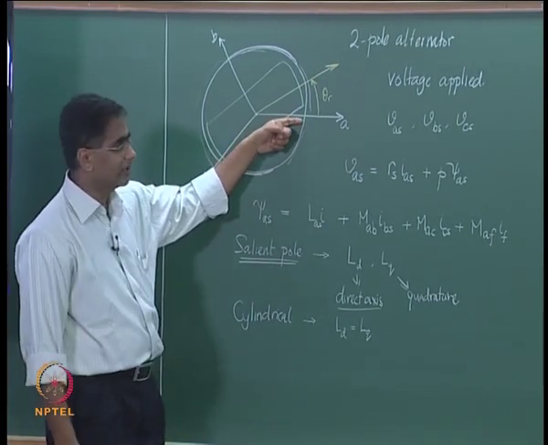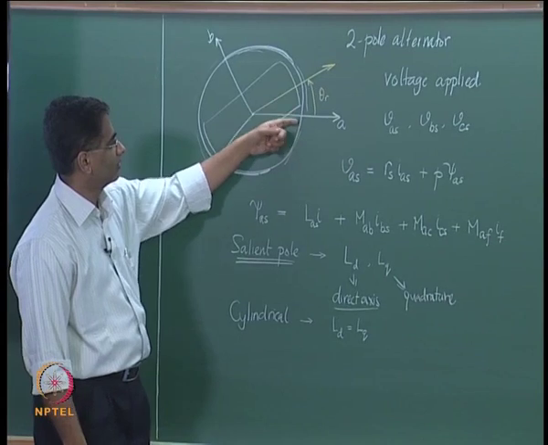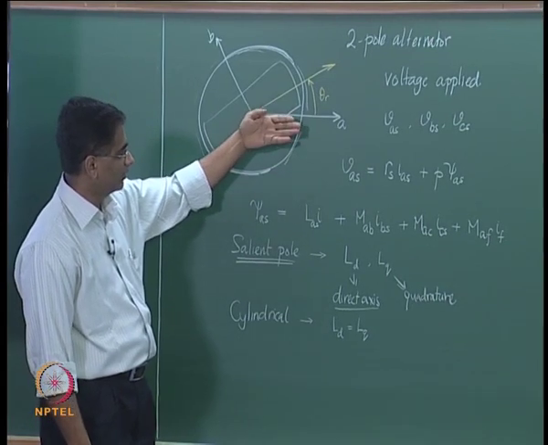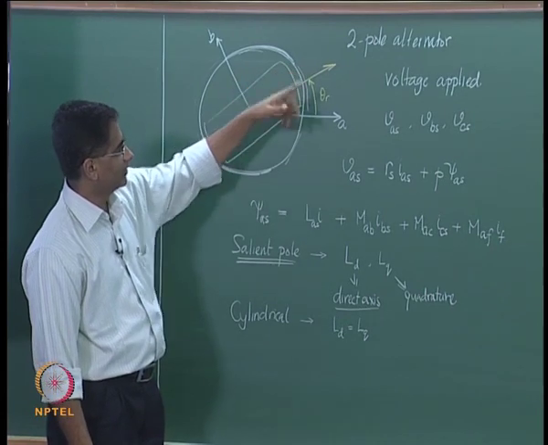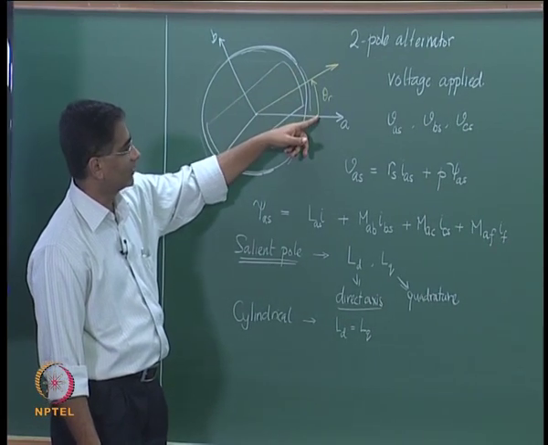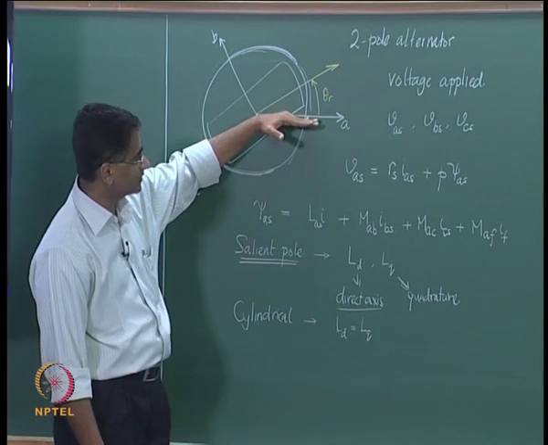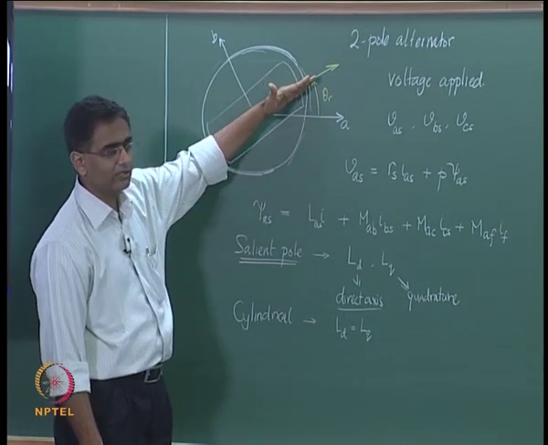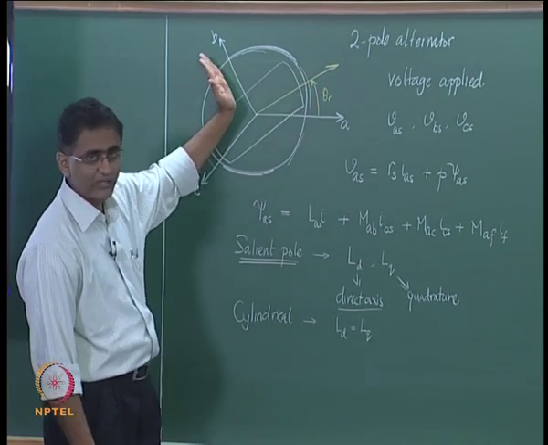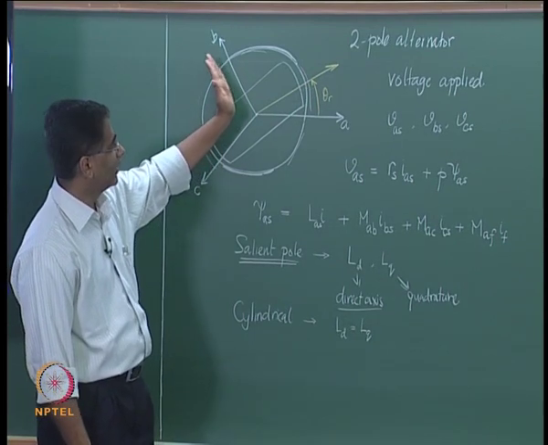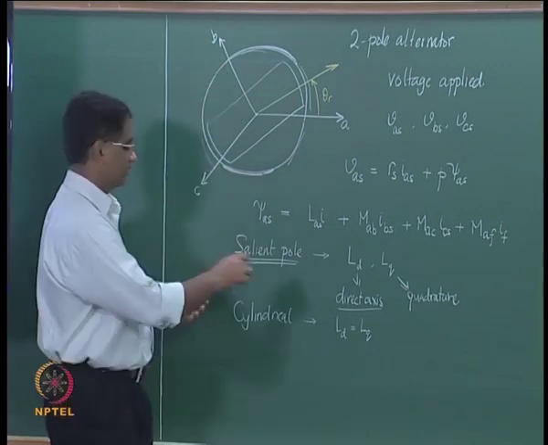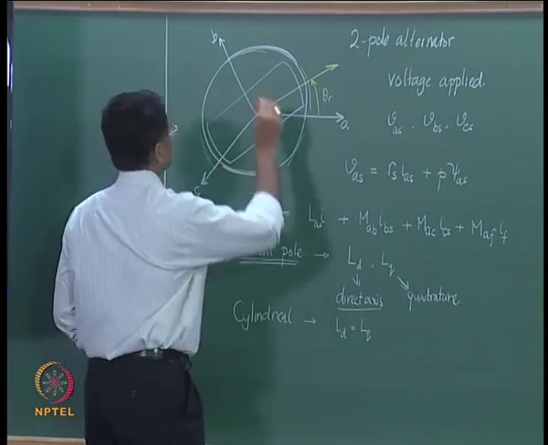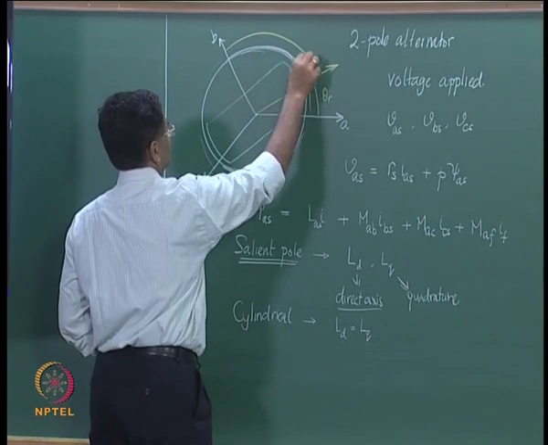The expression for the inductance of the A phase when the rotor is located here is that where theta r is the angle between the axis of the phase and the rotor axis. Now you have the B phase axis here and the rotor makes an angle with the B phase axis which is this angle